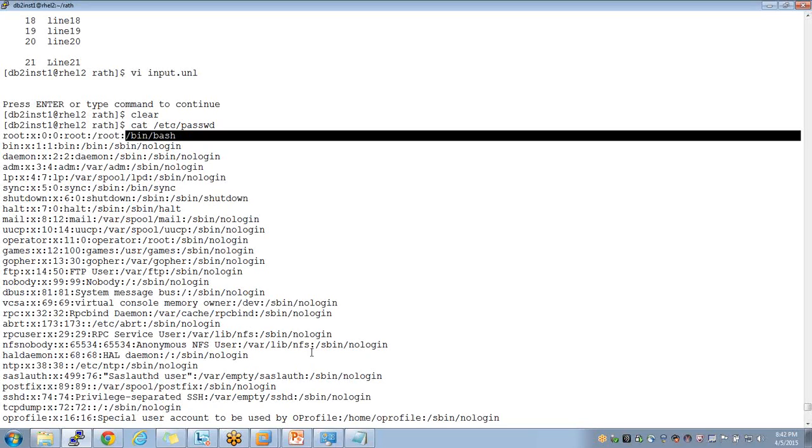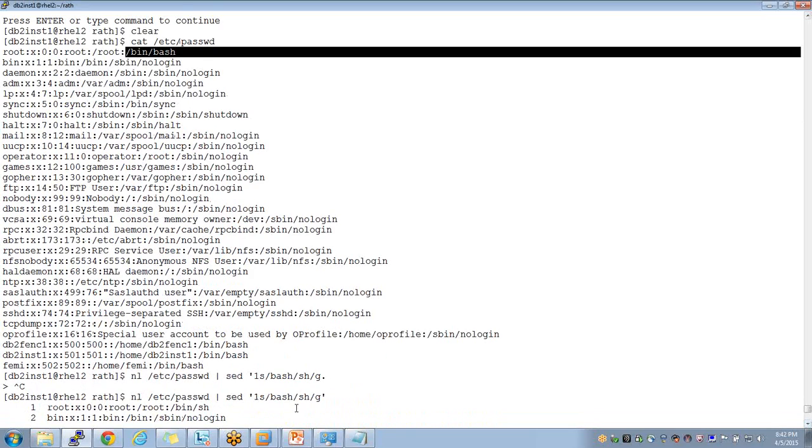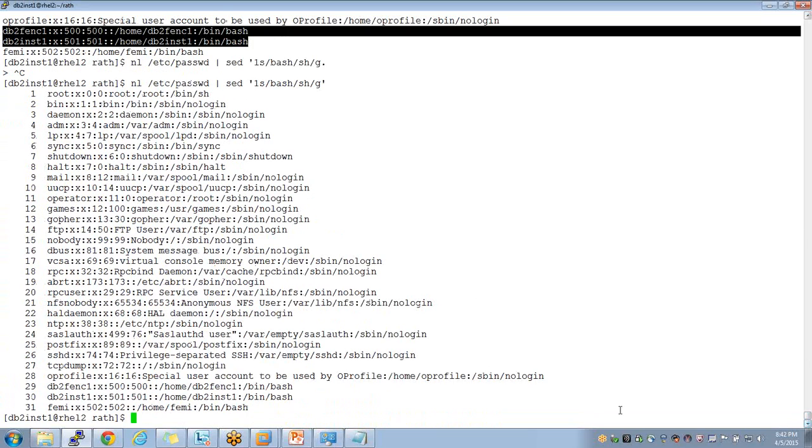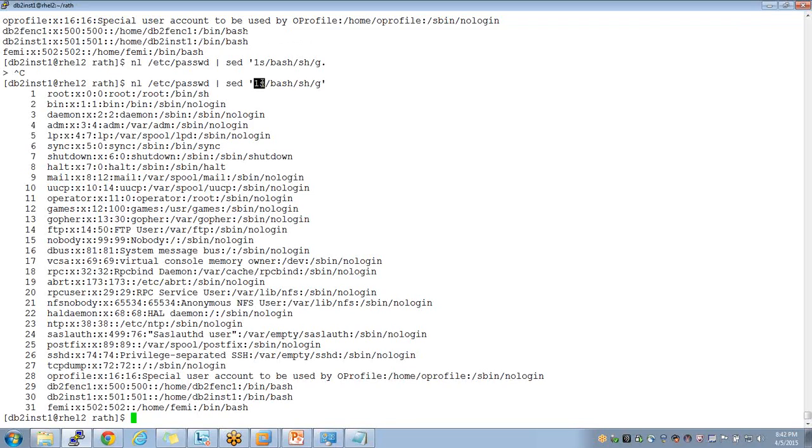Is it replacing anything else? That's my question here. Other than root, I think only the first line it will replace. What about these two here? Is it replacing at the end? I think it's only replacing the first line. But do I need the s there? Yes, s is for substitution.